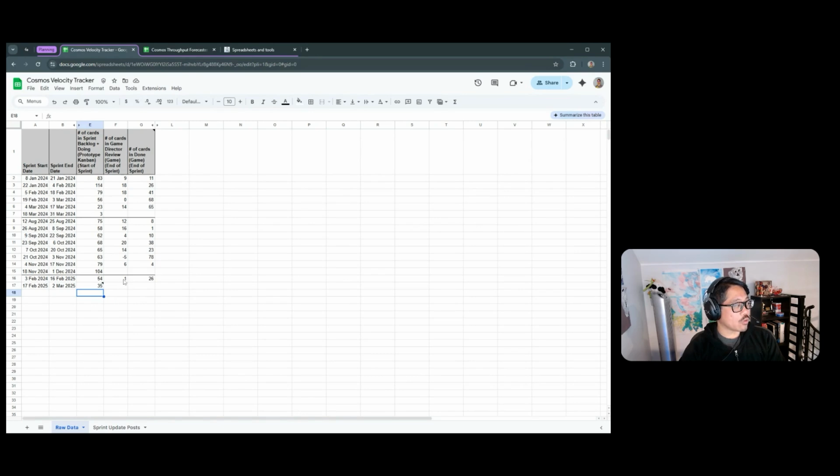I was trying to get us better at getting all the work into the done column, but we would have some work in the game director review column. So I use those two columns as a proxy for what I consider to be done. So this is your basic velocity data of every sprint, which we use 2-week sprints. How many cards are going through the system? And I take this velocity data, and using a